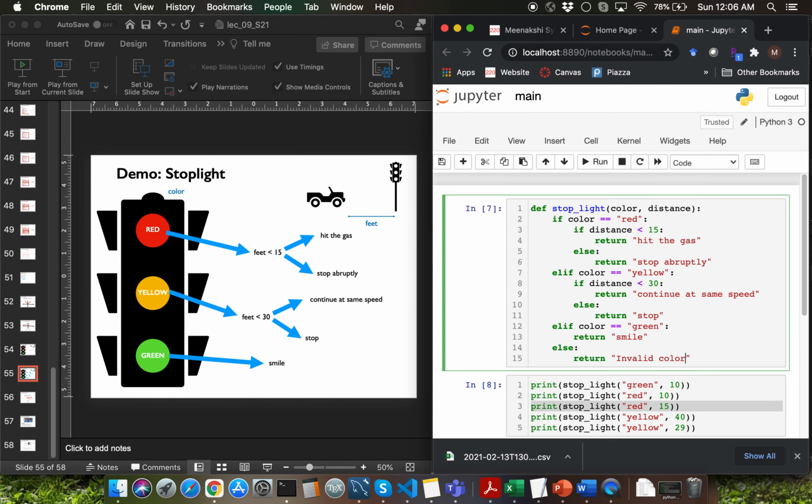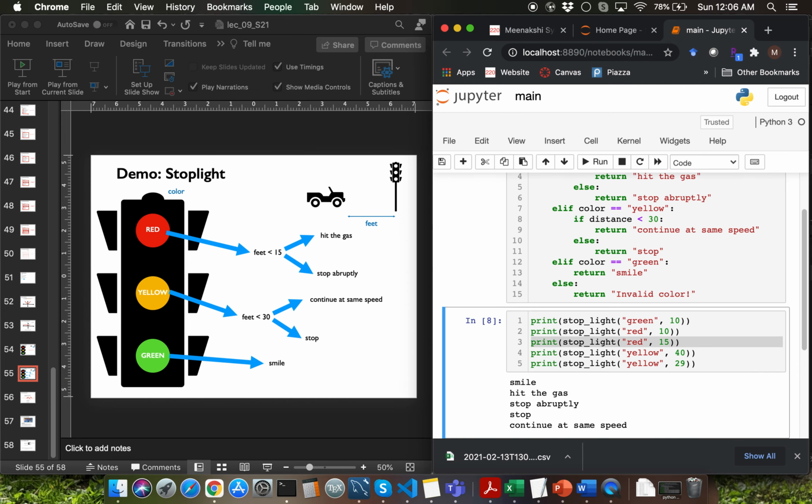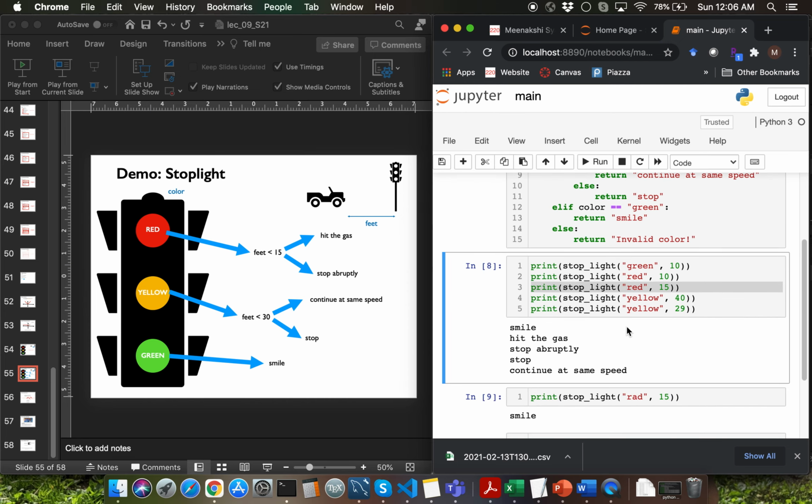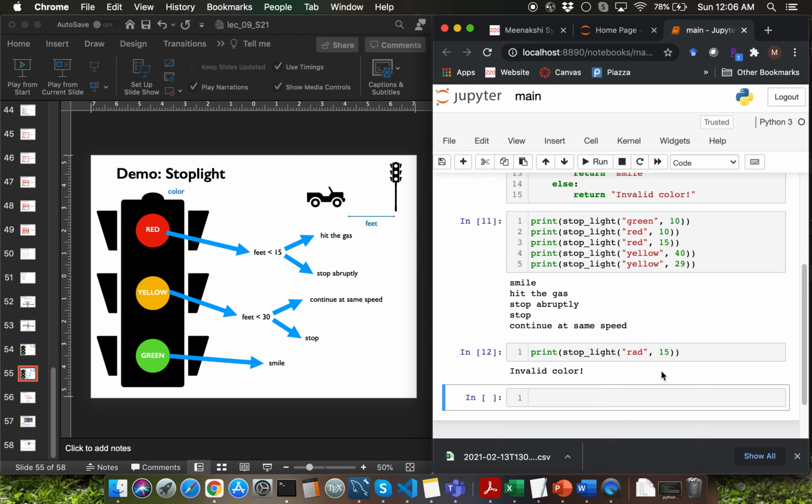Let's save the program and run the function definition, and I'm going to rerun the next cell which contains all the function calls to verify that nothing changed with my previous valid inputs to the function. Let's call the function call which has the invalid argument of rad. Looks like now we are getting invalid color as the output from the function.